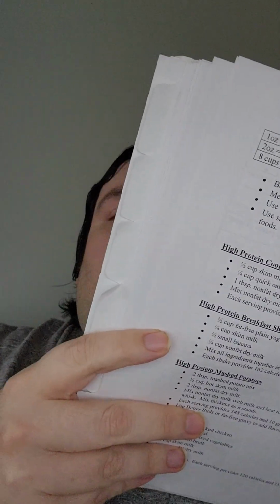So when I got into the program, I got this booklet. It's from the McLaren Bariatric and Metabolic Institute, where I had my weight loss surgery. And so they just have all kinds of guidelines, such as how much protein you should get every single day, how much water you should drink every single day, what you should be eating for the first 2 days after surgery, and then for 2 weeks after surgery. When you graduate from the puree stage to the soft food stage, and then, as you graduate on and on through the process. So it says here that every single day for fluids, you should be drinking about 64 ounces